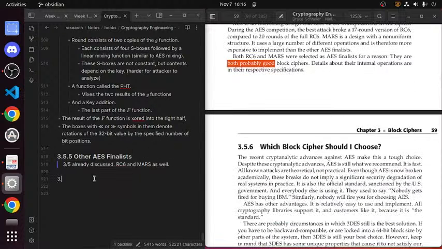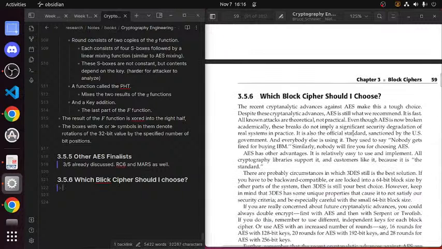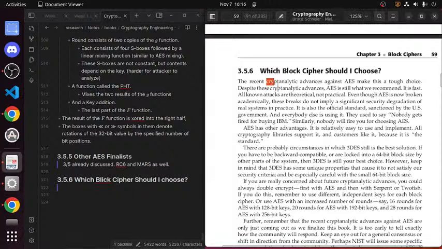So, 3.5. There's just so much newer stuff that I'm so excited about reading. I'm sure one day I'll end up reading it. Which block cipher should I choose? Okay. I say the word 'cryptanalytic' too fast before I've actually read it. I see this part, I just say the word. Also, I never learned this.